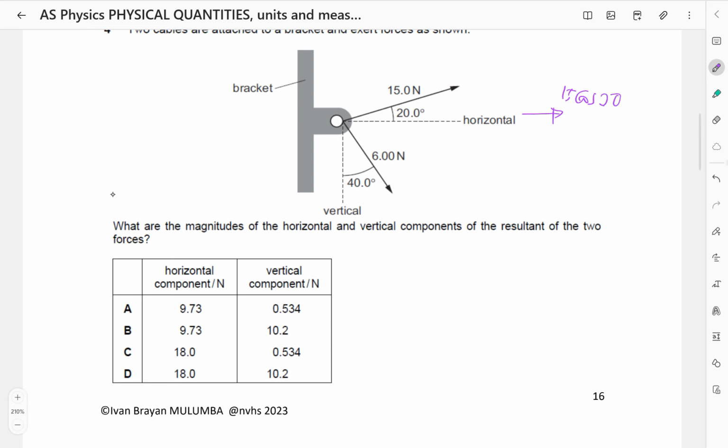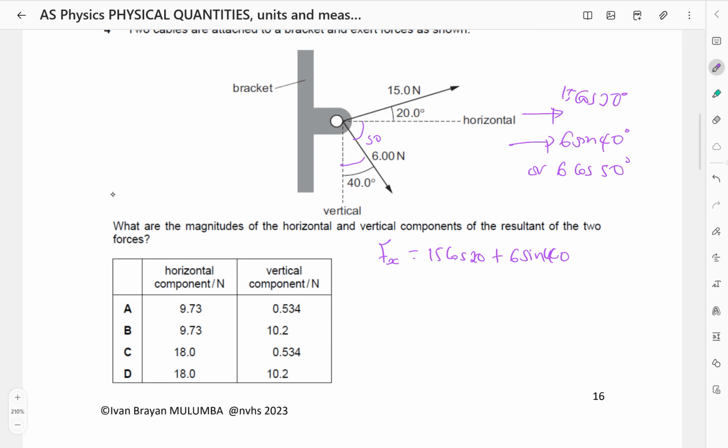Resolving 6 to the horizontal, it also points that side, and it will be 6 sine 40, because the angle given is here, or I can use this angle here, which is 90 minus 40, that is 50, so it can be 6 cos of 50 degrees. Because they point to the same side, I simply add them up. So the forces in the horizontal will be 15 cos 20 plus 6 sine 40,